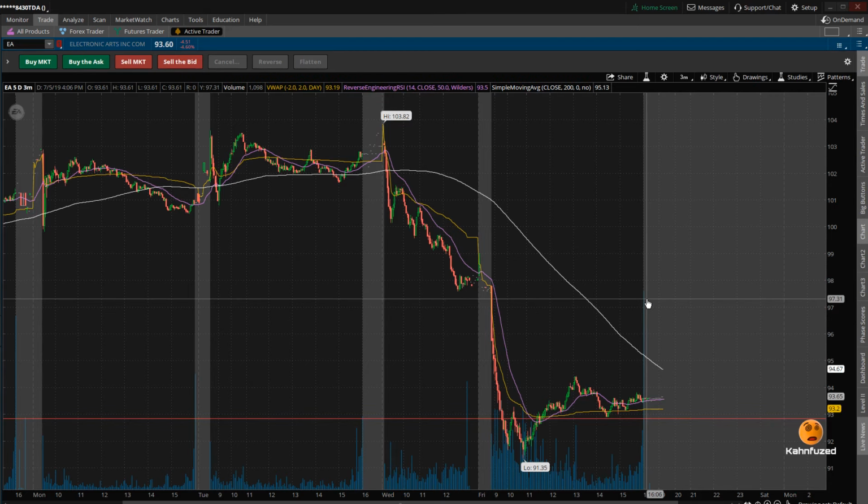So first things first, when we want to make a BTFD buy, we want to make sure that if a stock is tanking like this, there isn't some external catalyst causing this. So when I saw this chart, the first thing I did was go to Twitter, go to my chat rooms, check the various news agencies, just to make sure there isn't something crazy going on with Electronic Arts today. I think the closest thing that came up was some old news about some CEO selling a bit of his stake in the company last week or something. So more or less nothing relevant, which gives me the green light to start picking areas that interest me on